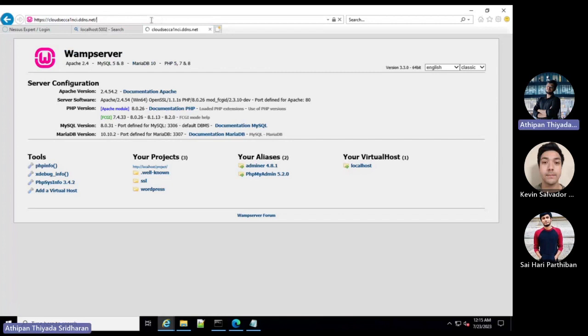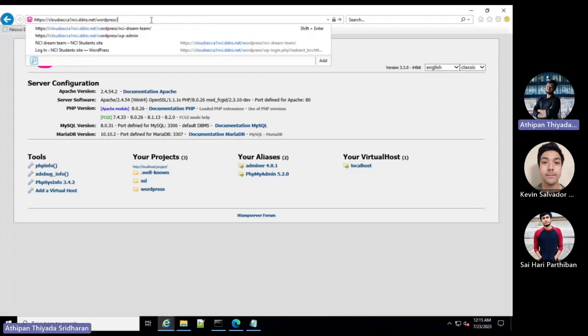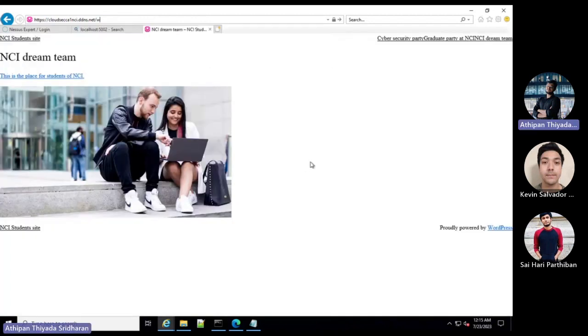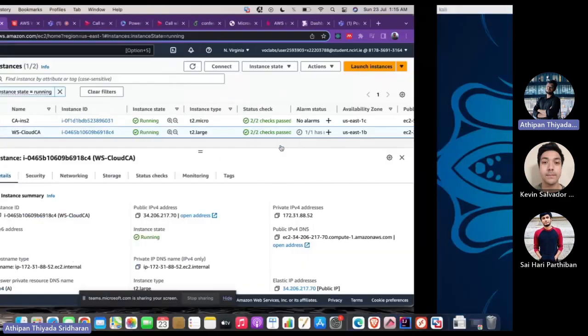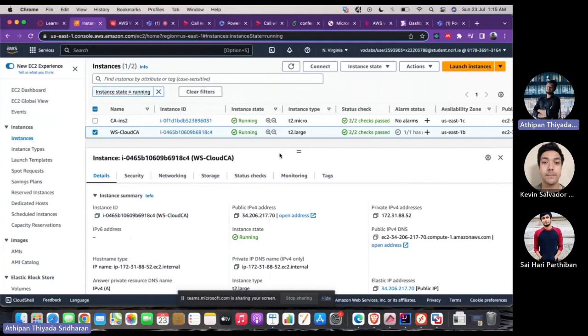It's taking some time. Okay, so you can see this is our application now, and it is completely secure, as we have added a trusted certificate. The first requirement is the SSL, and we have deployed that. And apart from that,